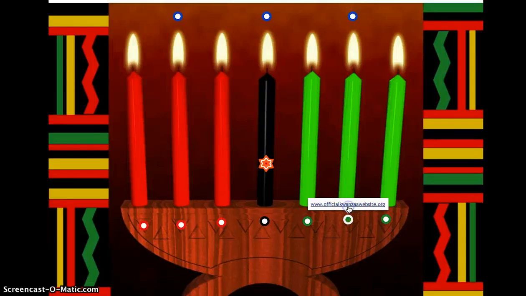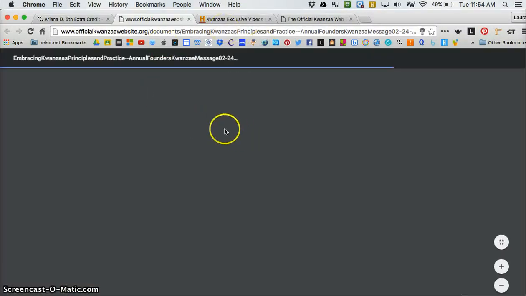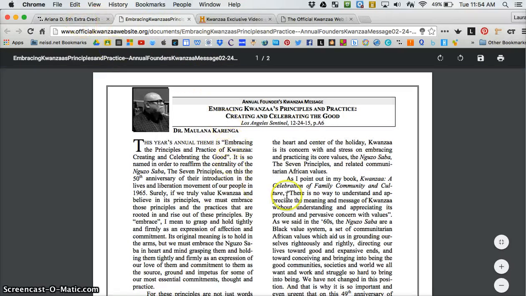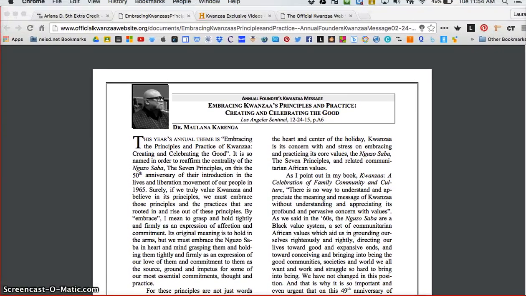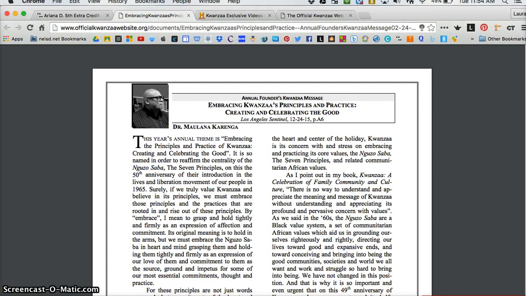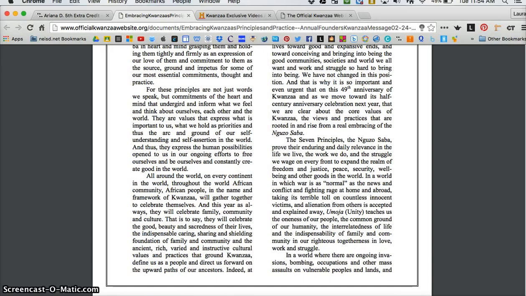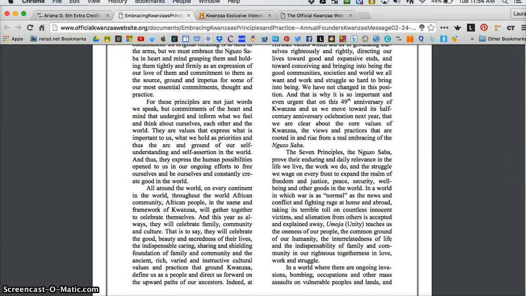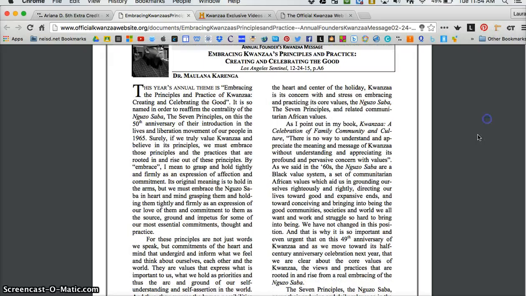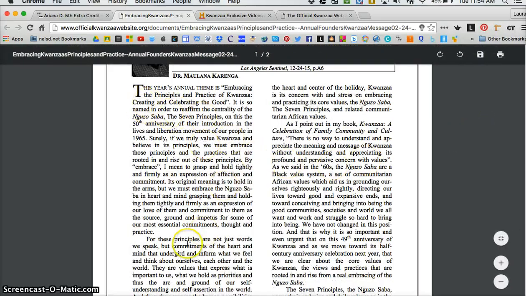This is the official website that we looked at before. But this is what I got for the 7 principles. This right here talks about different words that were put into it. It gives a better summary on more of the principles rather than just the overall history and the overall holiday, and you can get a little deeper on what people celebrate and why people celebrate it.